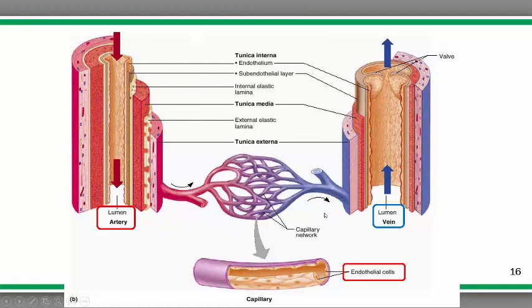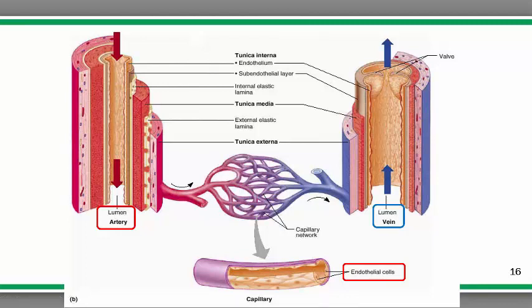The third vessel that we'll address as well is the capillary, which is found within what's typically called vascular beds. As you can see in this drawing on the bottom part of the slide, the endothelial cell that we'll discuss in greater detail shortly makes up the inner lining of the entire cardiovascular system